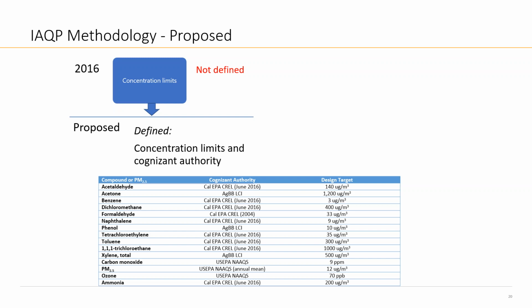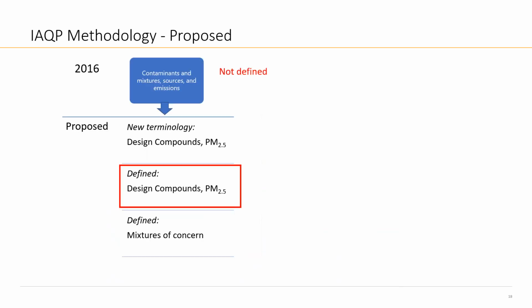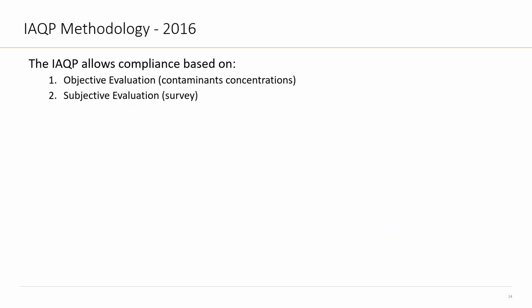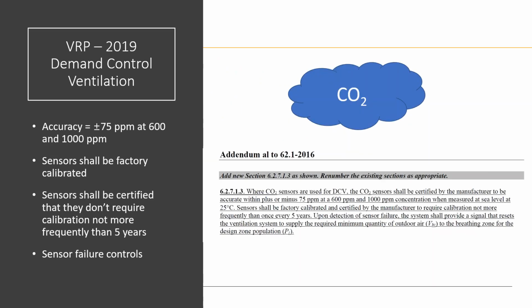Okay, next one. Is it mandatory to have demand control ventilation for CO2 and other VOC contaminants? So demand control ventilation does not talk anything about VOCs. It's not related to it. So carbon dioxide used as a proxy for humans is the way that you can design per the VRP,